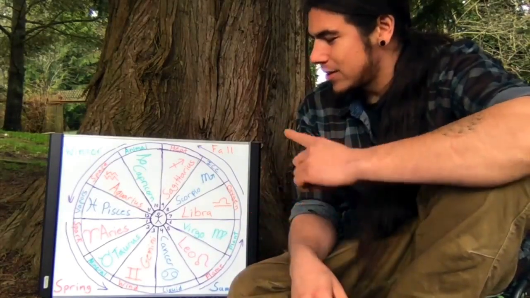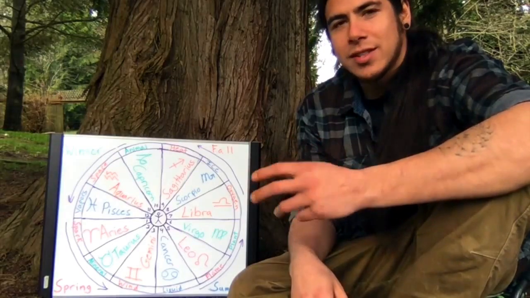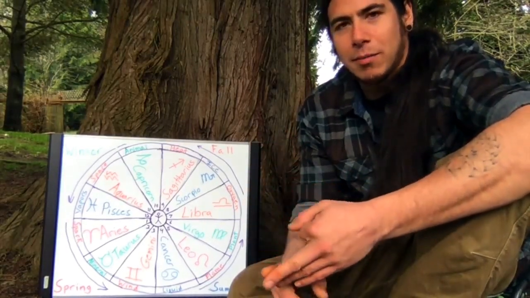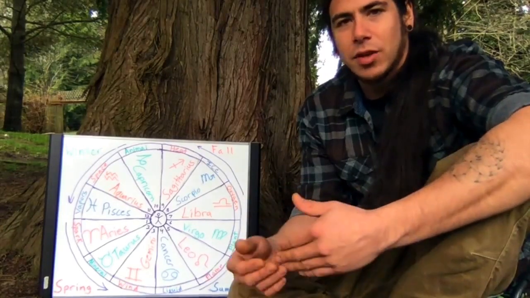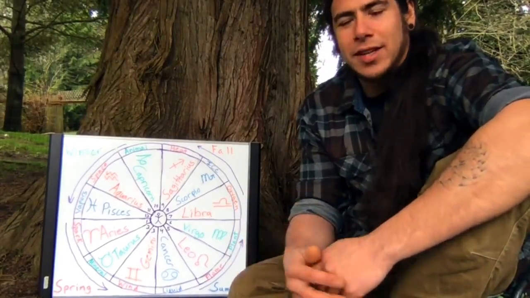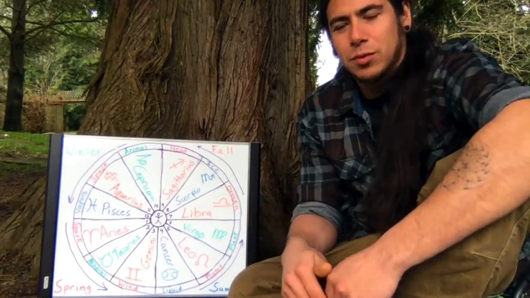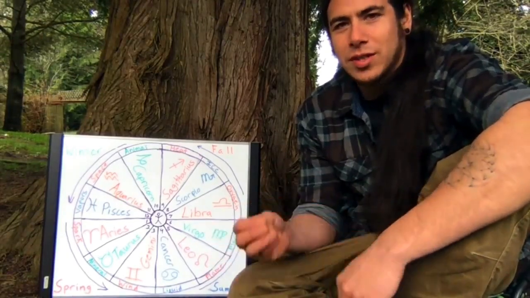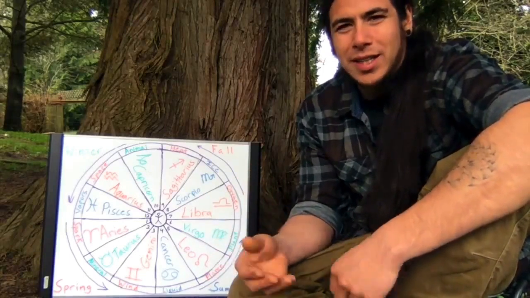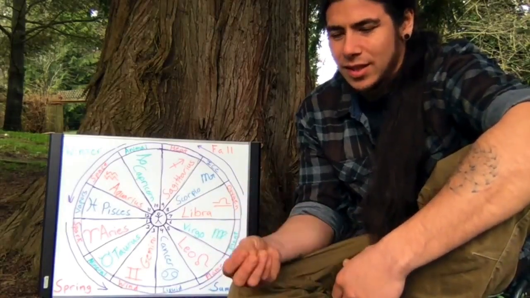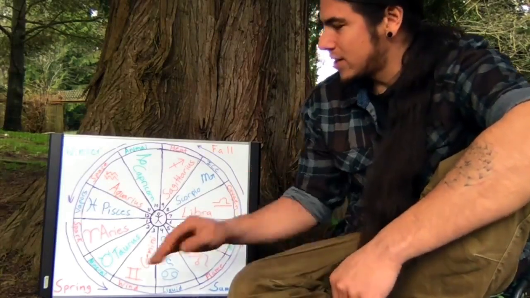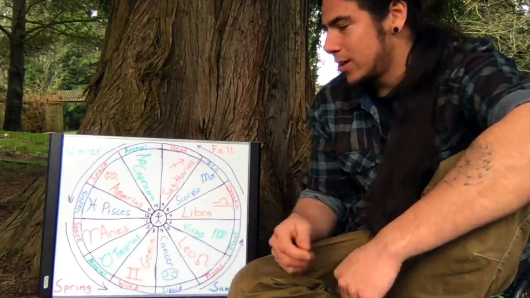So as we go around, just notice the similarities between the season, the element, the part of our body, and the process of growth. So Aries is the beginning of things. The beginning of life, when we're first born, we just come out into this world. We're just innocent awareness. We're just this spark of awareness. We don't know we have a body yet, a mind, or emotions. So we're just that young awareness, just becoming aware. So Aries is that raw, fresh, new awareness.